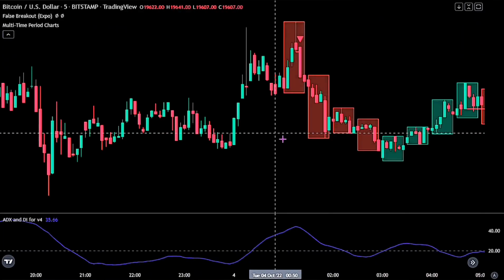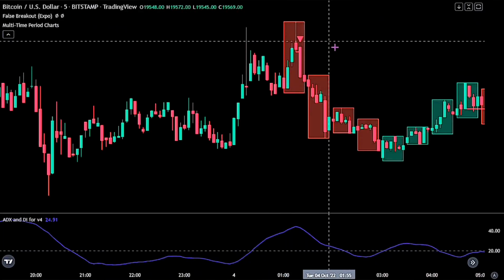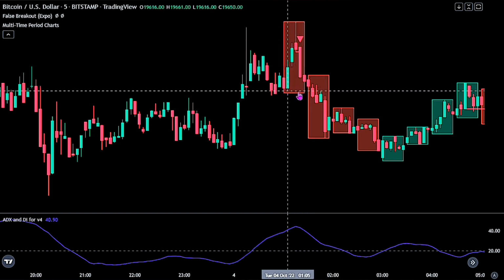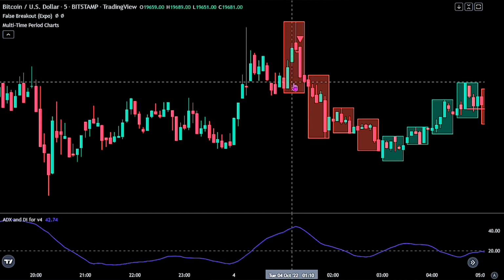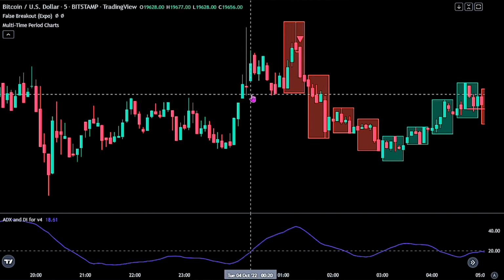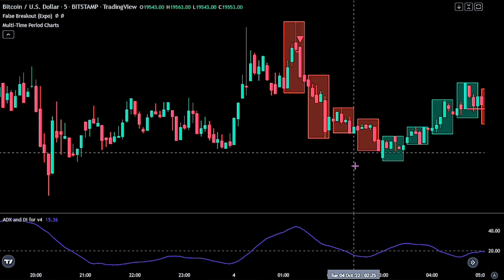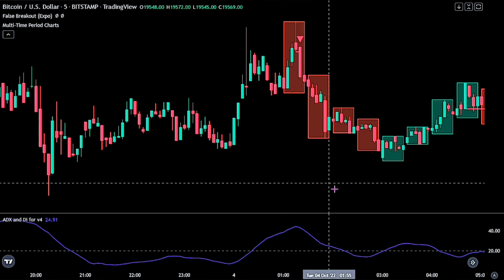Now, like I said earlier, I would not advise you to use this strategy yet, until proper backtesting using a demo account has been made, as this multi-time period chart has a limited range view. And also, if you have ways in which you could improve the strategy for better use, then let us know